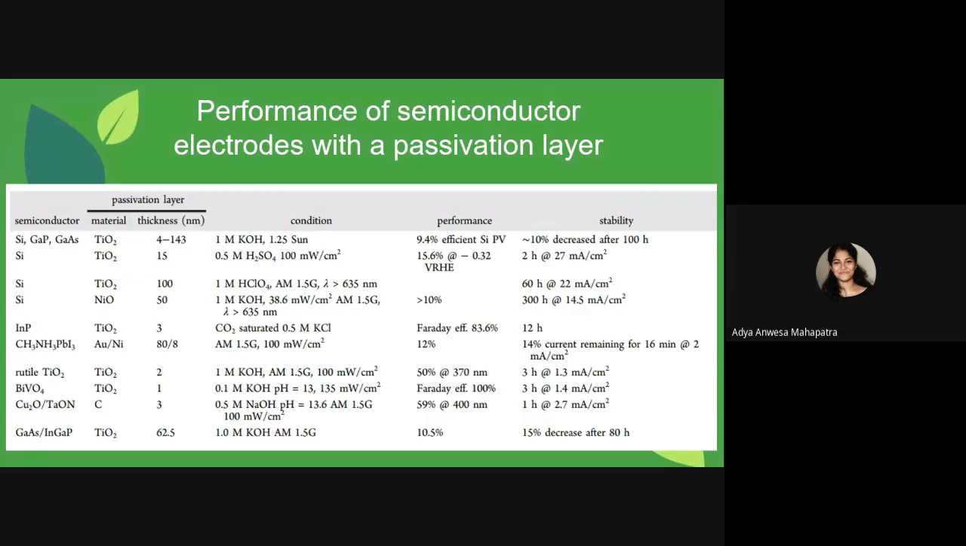Here I have a table that summarizes the most common surface passivation agents with their performance and stability specifications. As you can see, on one hand we have semiconductors, then we have their specifications, next we have the conditions under which they can be applied, then we have performance and stability chart. Now moving on,